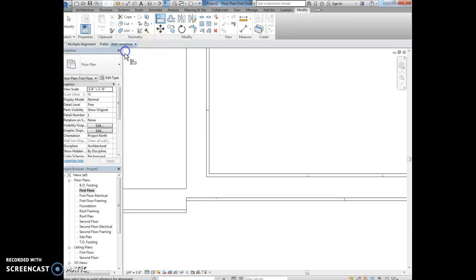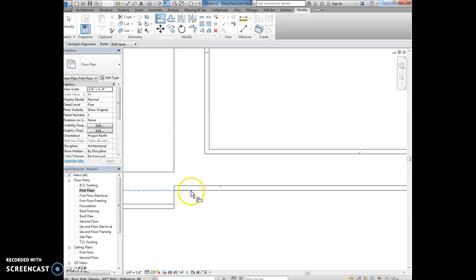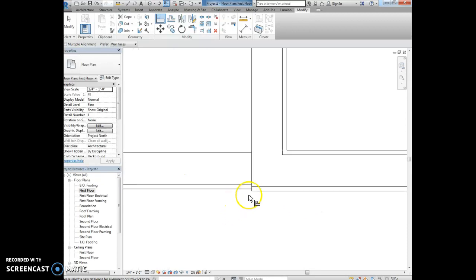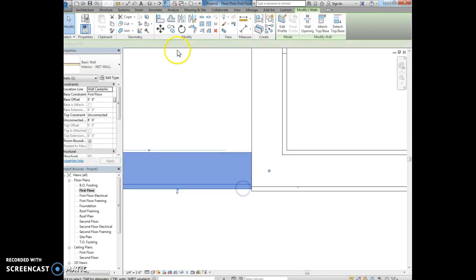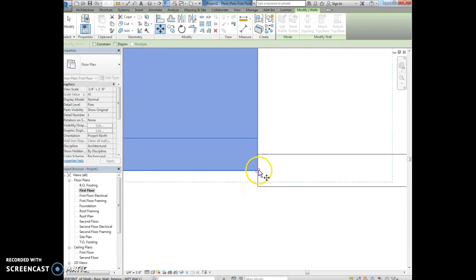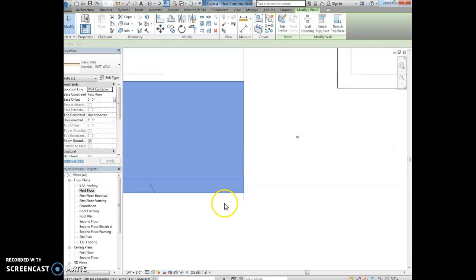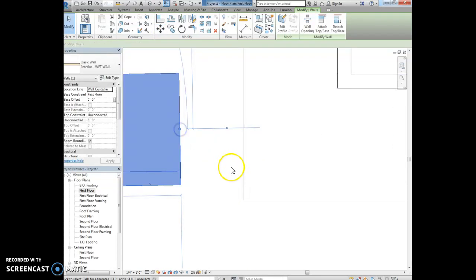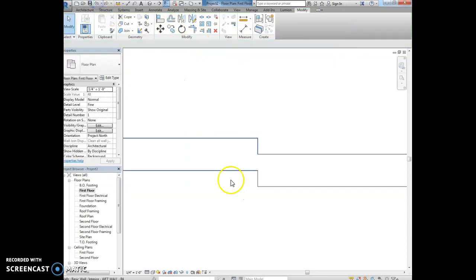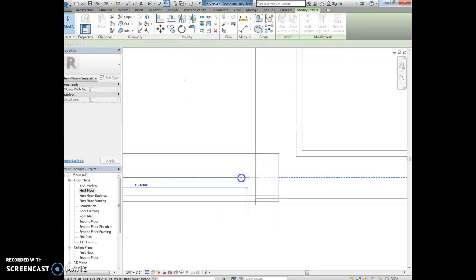I don't know why this wall face tool is not wanting to work for me. Okay, here we go. Let's just do center line to center line then. You're going to want to align those walls, and it just does not want to move with my align tool, so I'm going to use the move command. If this happens to you, this is a cheat. I move it away from